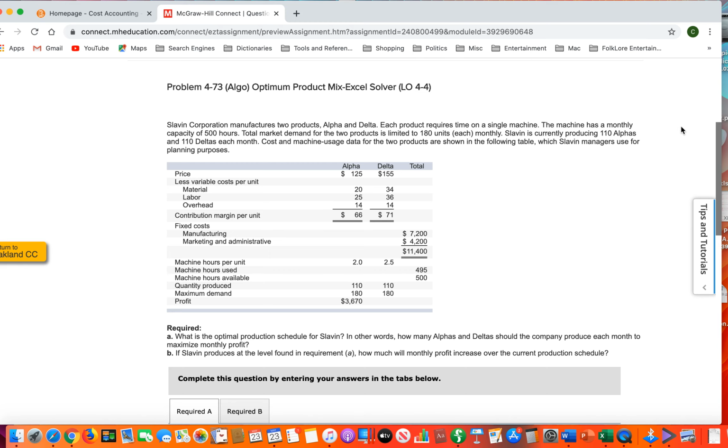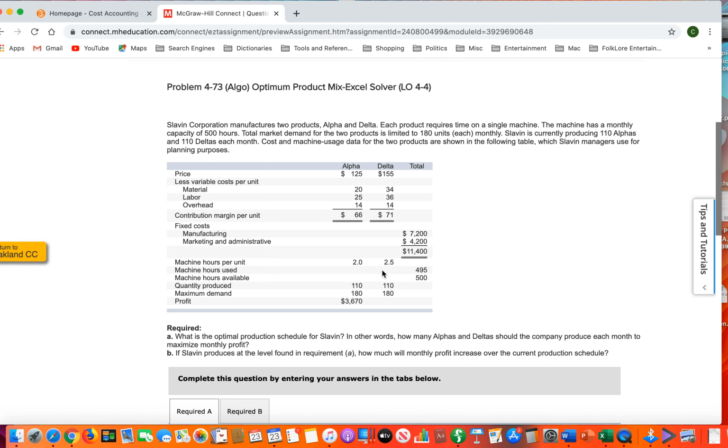What you have to consider here is the contribution margin per machine hour. You see the contribution margin of 66 and 71? But look at the machine hours. It takes a half hour longer to produce this one, even though it has a higher contribution margin. But if you take 66 and divide it by 2, you get 33. You take 71 divided by 2.5, and you get 28.4,